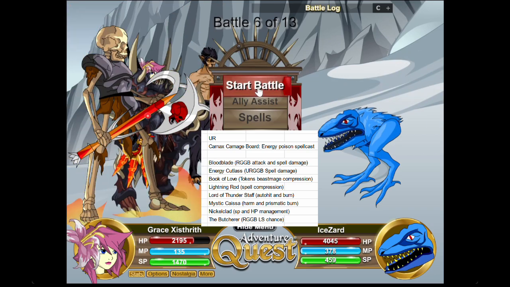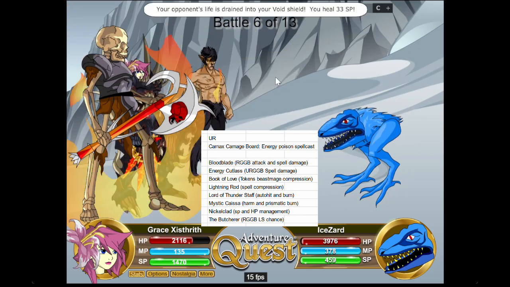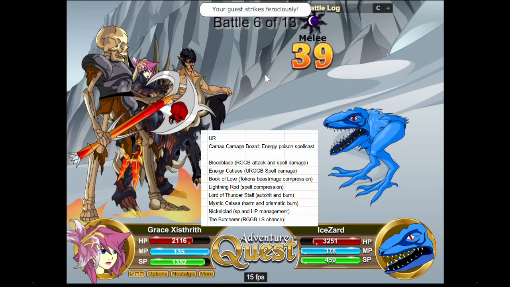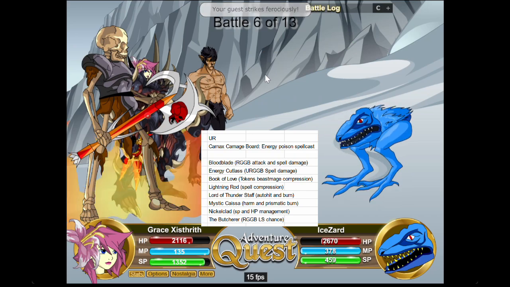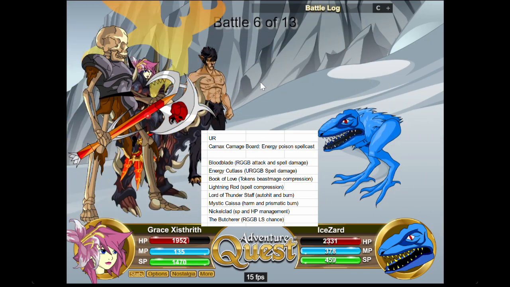Mystic Kaisa is a harm and prismatic burn option for attacks. Nickleclad, I actually am a fan of this one, even though it's worse on magic, is SP and HP management and resource restoration. And the Butcherer is a rare golden gift box, which has a massive weapon-based LS chance nuke you can do